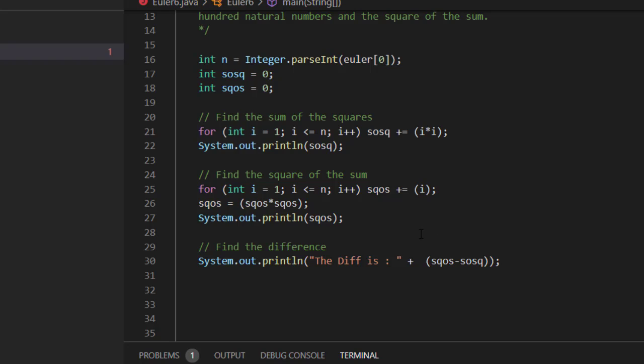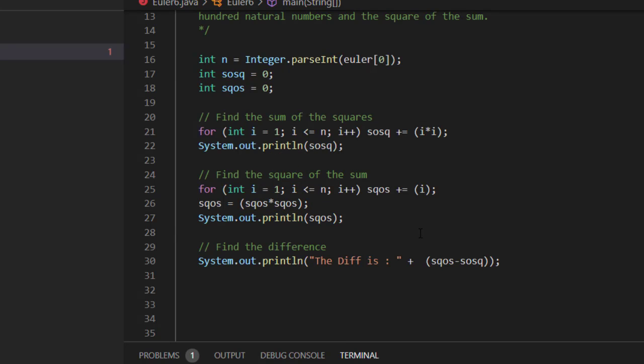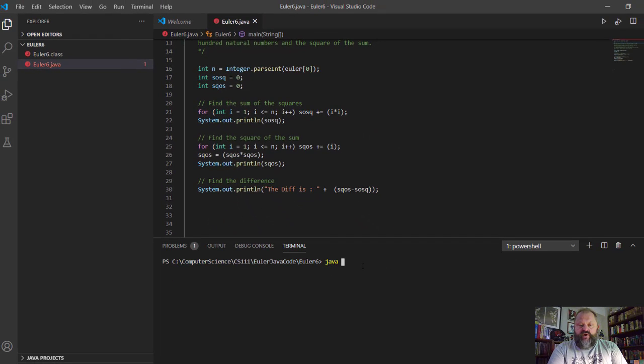Next step, I want to find the square of the sum. So I do a for loop. And what do I do? I just grab the sum, add everything up, and then outside the loop, I do the squaring because I want the square of the total sum. Then I print that out. Then in one line, I find the difference. Okay, so if I were to run this program,